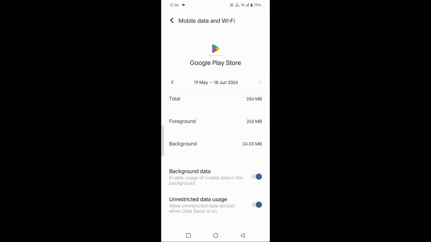In some mobiles you will find some different options. In my mobile it's showing enable usage of mobile data, means I have enabled this, then the background data will be enabled in this. In some of the mobile you will find enable or disable options for mobile data usage. You have to just enable that option, then go back,